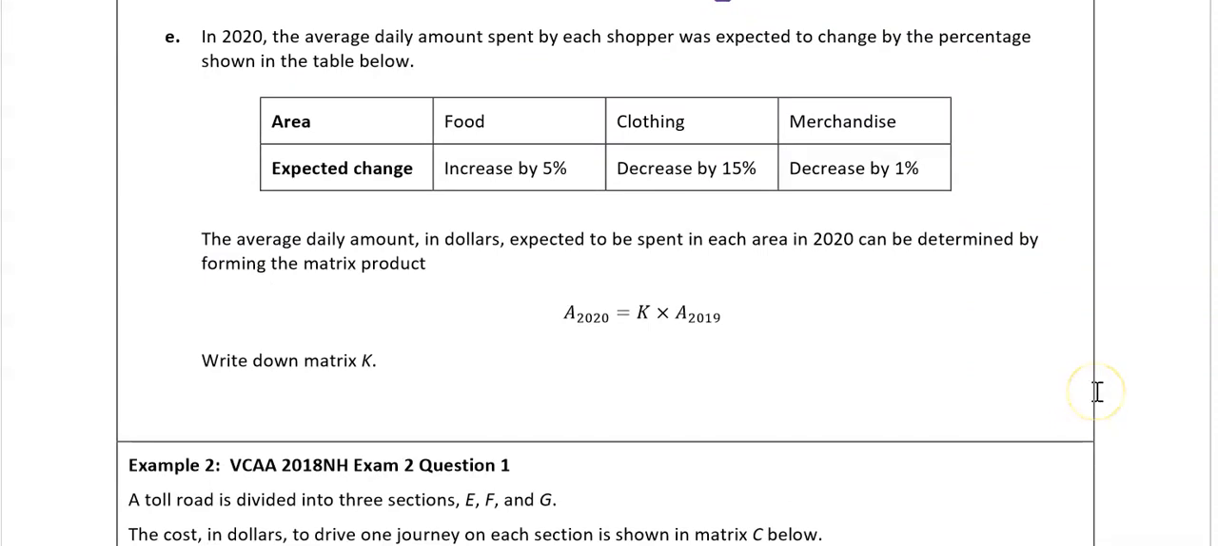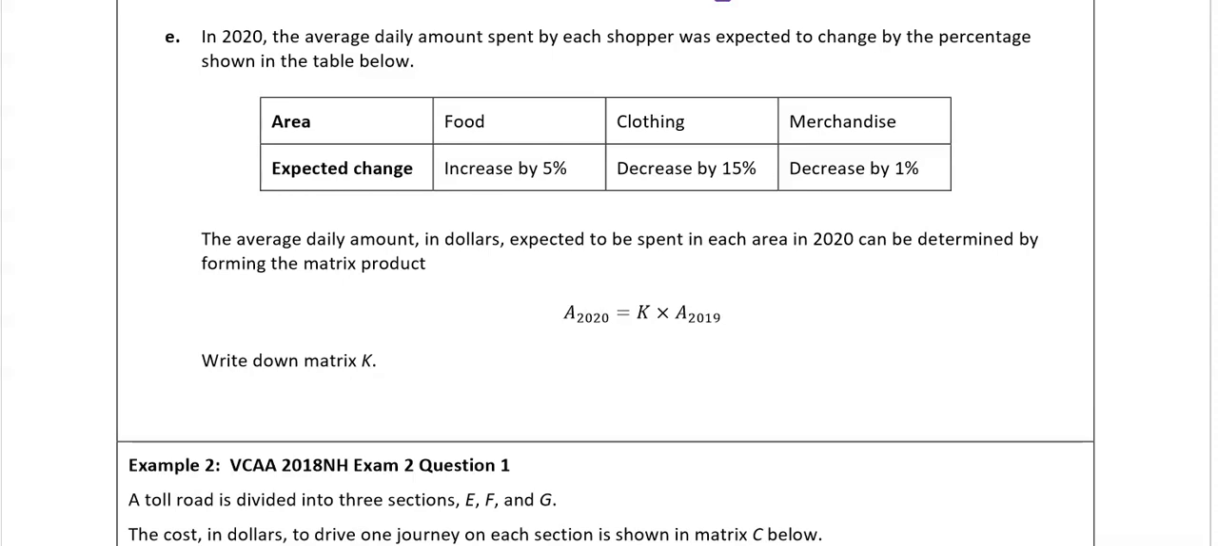Okay, part E, final bit. So in 2020, the average daily amount spent by each shopper was expected to change by the percentage in the table below. Food is going to increase by 5%, clothing will decrease by 15%, and merchandise will decrease by 1%. So the average daily amount in dollars expected to be spent in each area in 2020 can be determined by forming the matrix product A 2020 equals K times A 2019. Write down matrix K. So again here,